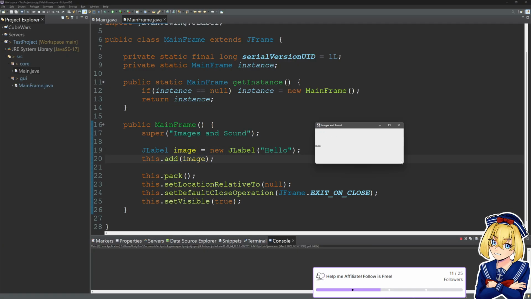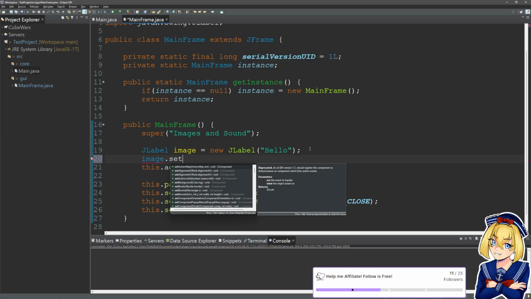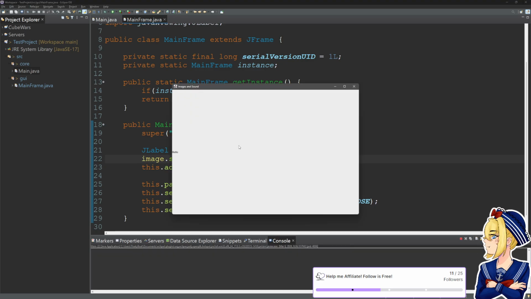So this is the full size of this window here. Let's even try and make it a bit bigger. I don't know if it will respect this, but we're going to say setPreferredSize, new Dimension, and we'll again just say 900 by 600, import Dimension, and we will run it again. Okay, it did respect it. So our JLabel is now this big, and by default it's centered vertically and horizontally left justified.